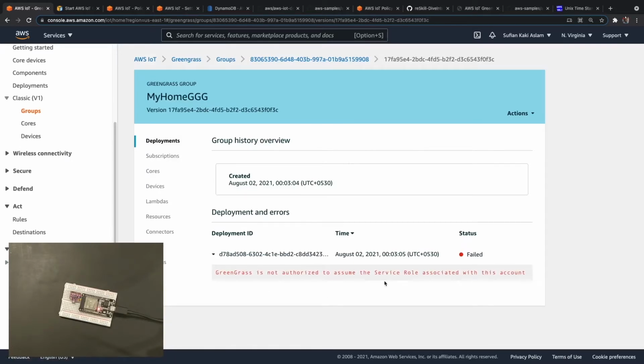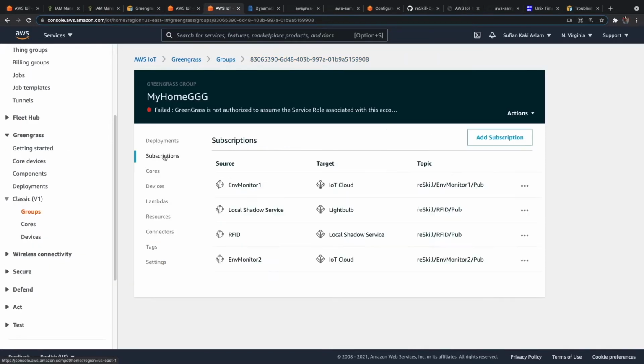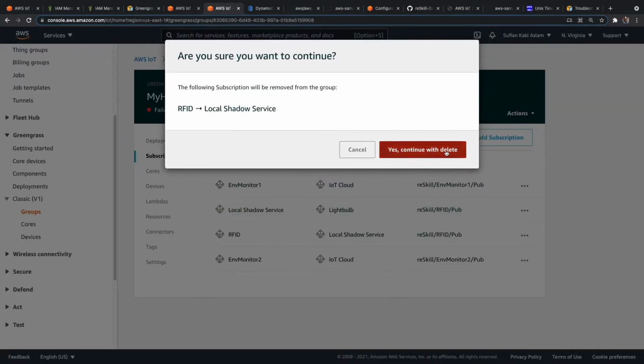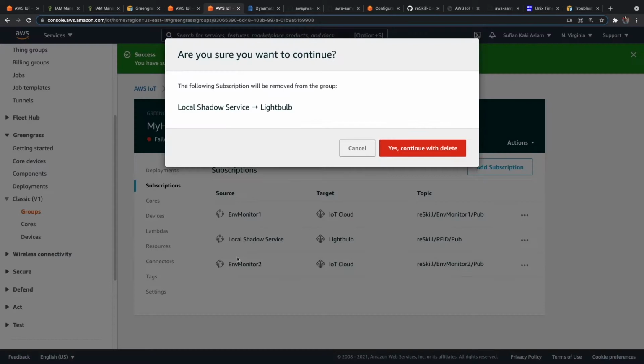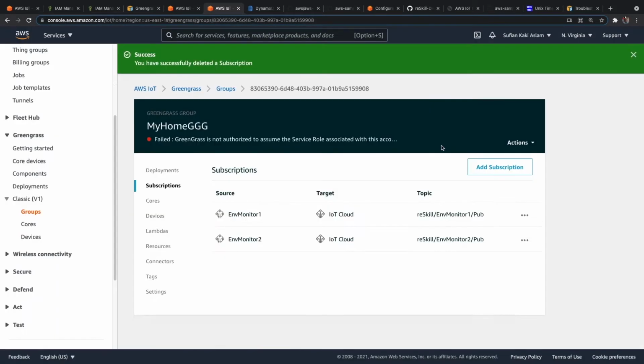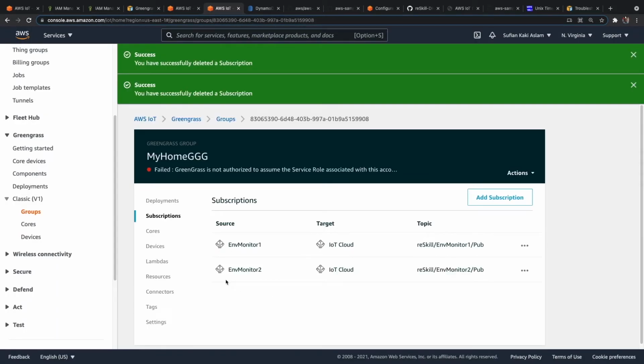It has an error. Greengrass is not authorized to assume the service role associated with this account. We don't really need this local shadow service because shadow service stores the state of it, so we don't need it.